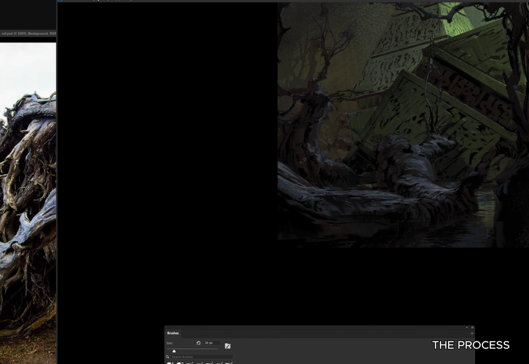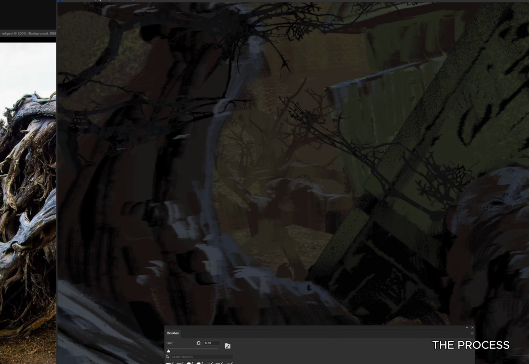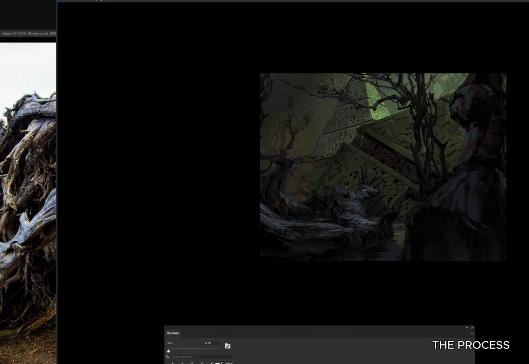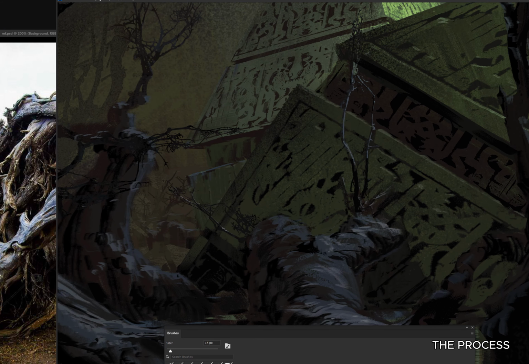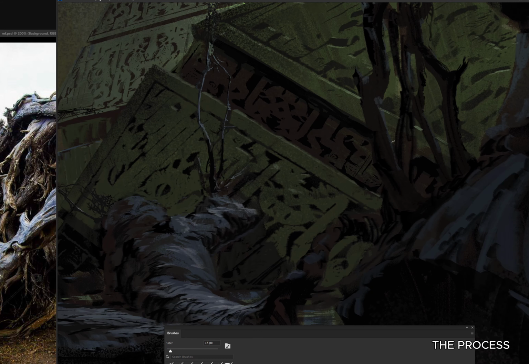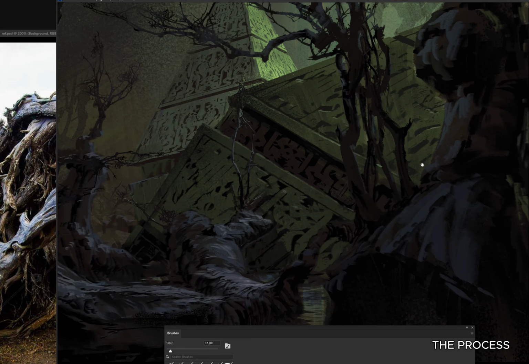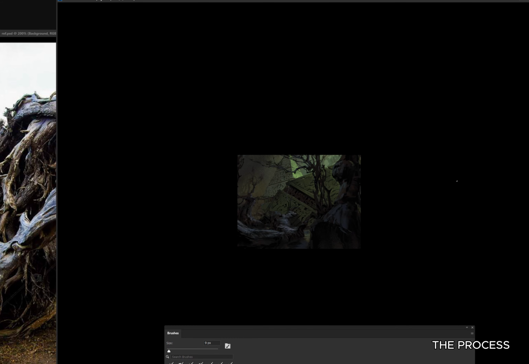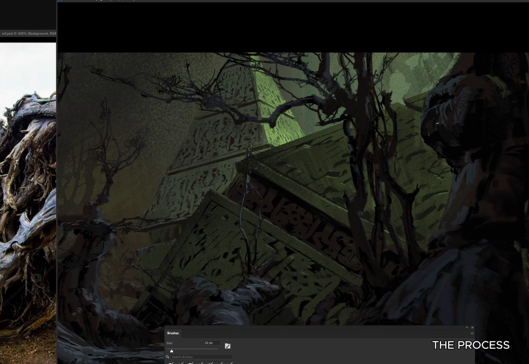Now, as I'm zooming in here, we can kind of see that it's pretty painterly. There's a lot of just brush strokes being piled up, hopefully making a good sense of form. The thing is, with the rune, it's a lot more controlled, so I think as I'm developing the details in the trees, I'm going to have to tone it down a little bit. There's a little bit too much noise everywhere, and I'm starting to see that now,